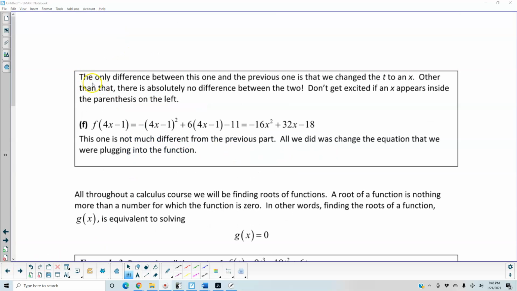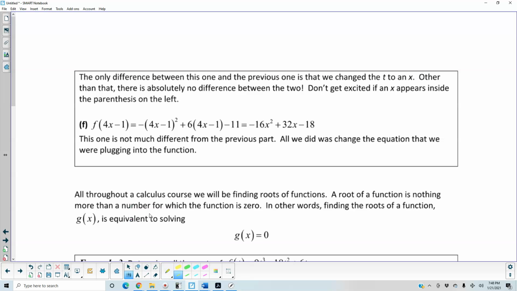Now in that previous example, the only difference between this one and the one that we worked out before was we changed a t to an x. Other than that, there is absolutely no difference between the two. So don't get excited if an x appears inside the parentheses on the left. Part F,